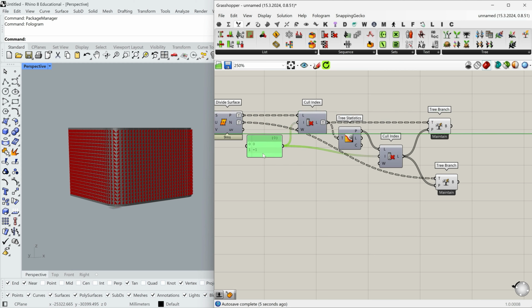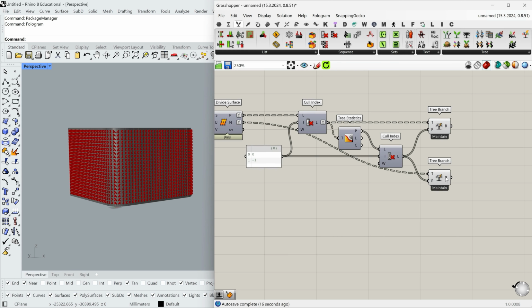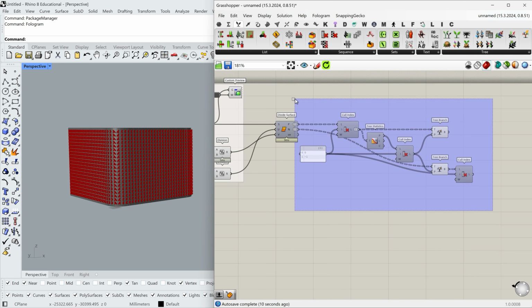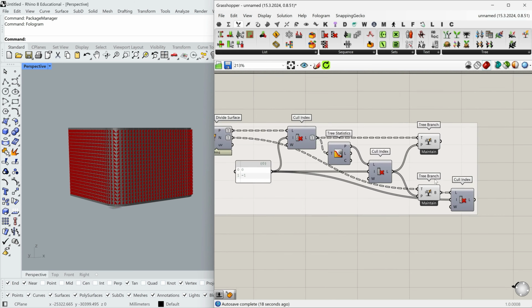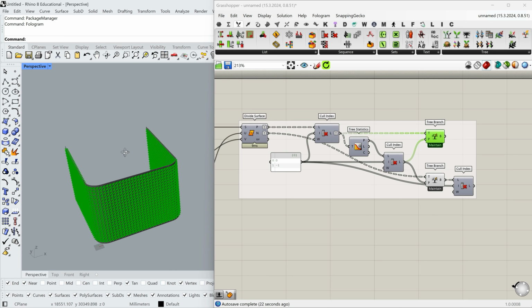Now I have the same tree branch indexes for both points and normals. Great. And last but not least, I'll copy the Cull Index component and will remove first and last from the normal tree branch, since we haven't done it before. Okay. I think this is done. Let's group these points. Perfect.